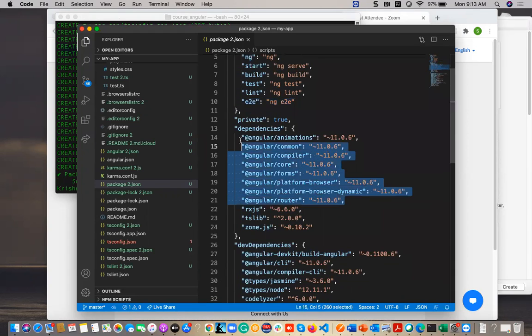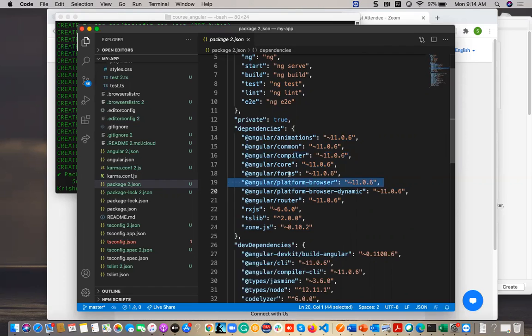Here we have some default Angular-related packages. All those packages will be installed. All these: @angular/animations, @angular/common. We will see these combined, step by step in future, why they are used and how they are used, how we are going to import these.